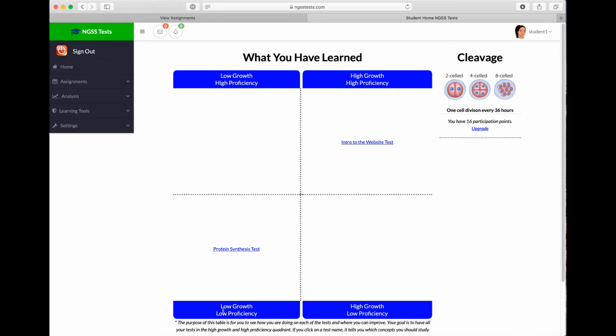Low growth means they stayed pretty much the same. High growth is they improved a lot. And then on the y-axis, we have low proficiency and high proficiency. Low proficiency is basically they're not doing well. High proficiency means they learned it really well. So students, their whole goal is to get as many as they can up here in the high growth and